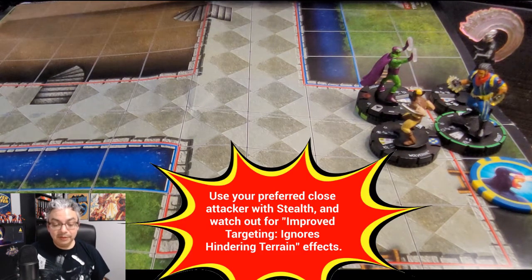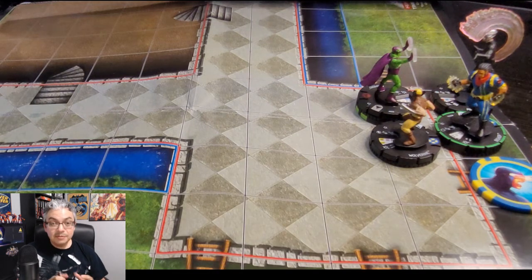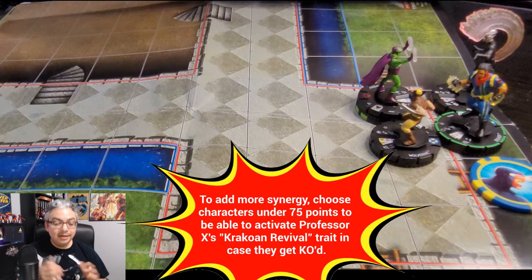It doesn't have to be that particular Wolverine. Maybe you have a different, more efficient figure that you'd like to use. The point is the same, though. Try to have someone that can hit farther than 5 squares, like Professor X. He has a long 8 range. And then try to have someone waiting for them that can deal a lot of close combat damage, like Wolverine